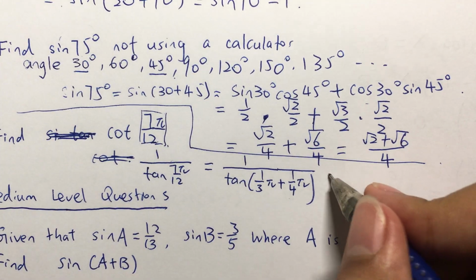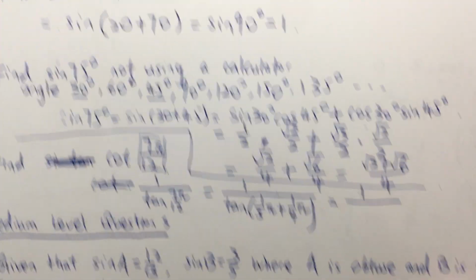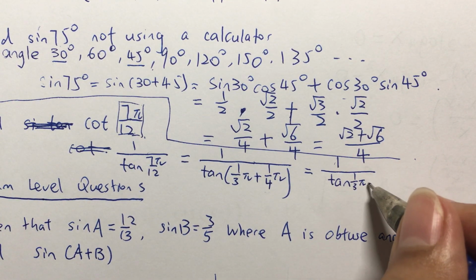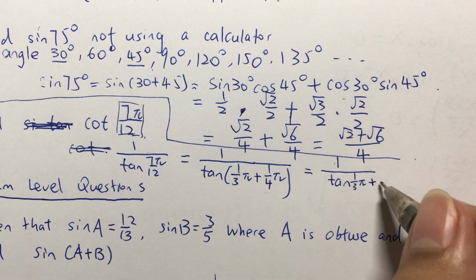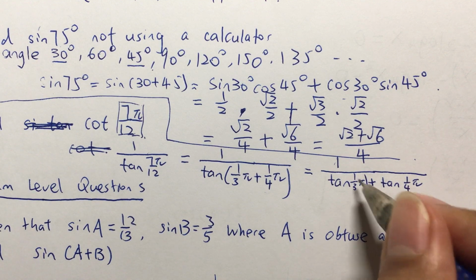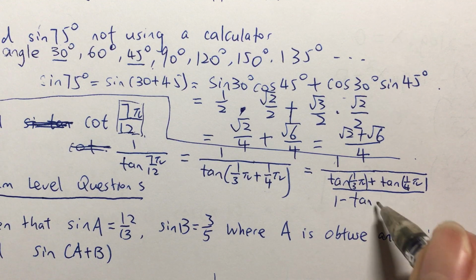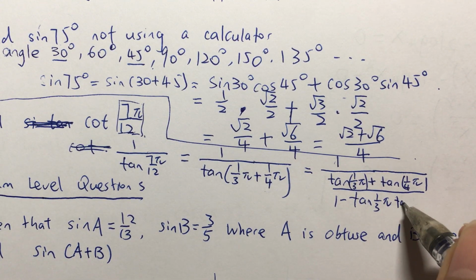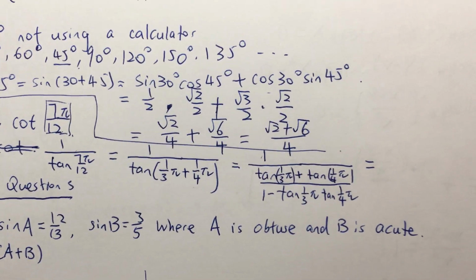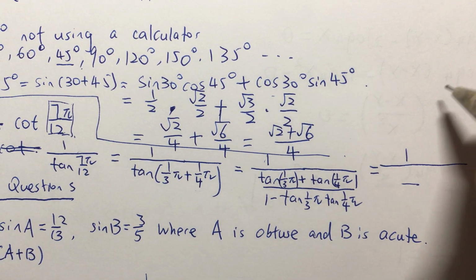So now we can solve it. We use the compound formula again, which is tan(π/3) plus tan(π/4), then over 1 minus tan(π/3) tan(π/4), which will be equal to 1 over